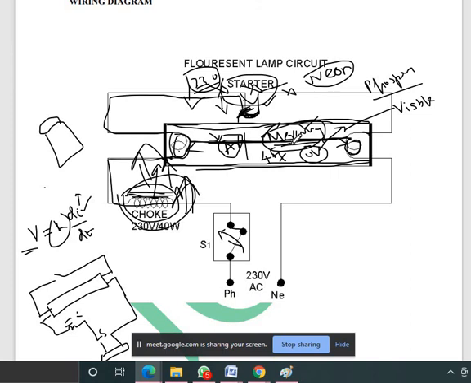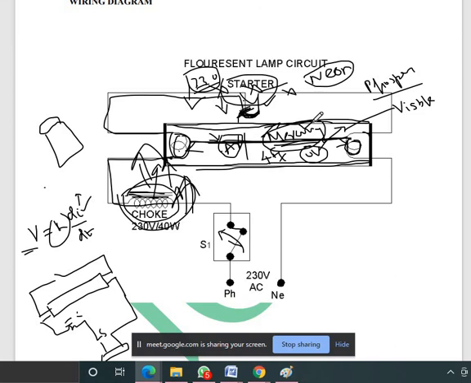But sir, phosphor gas is not changed? Phosphor is a coating, it does not change. Phosphor is a coating because the argon gas has a chemical reaction with some other gases and produces ultraviolet rays by default. Those ultraviolet rays are converted into visible light by the phosphor coating. The phosphor coating spreads the UV rays as visible light, in whatever color is created inside the bulb, and emits the light to the outside of the lamp.